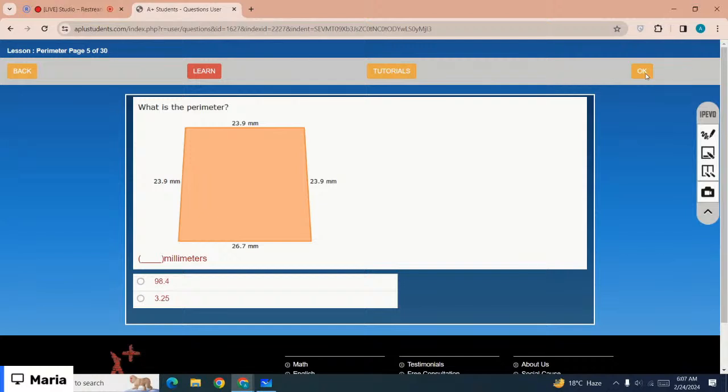What is the perimeter? Which is the correct option? You have to add all the side lengths. So the correct option is, let me just add, right? That is 98.4. Option number 1 is the correct option, right? Okay, you can complete the lesson by yourself later today. Let me just move on to the next lesson, and the next lesson is,